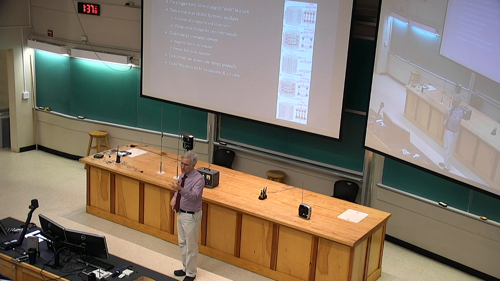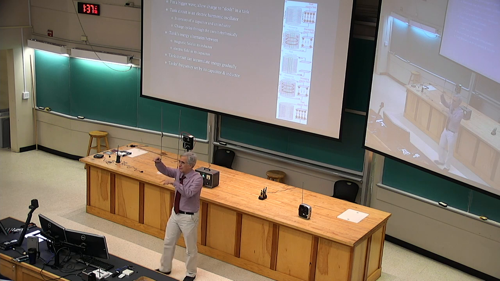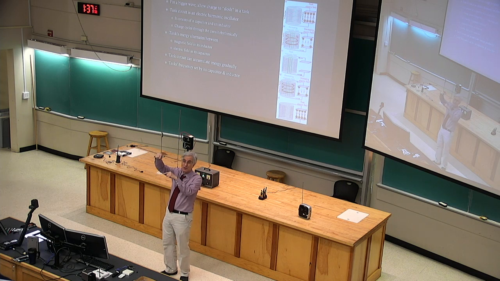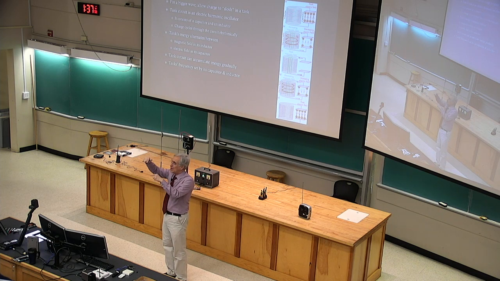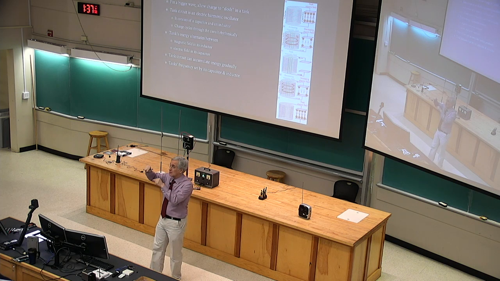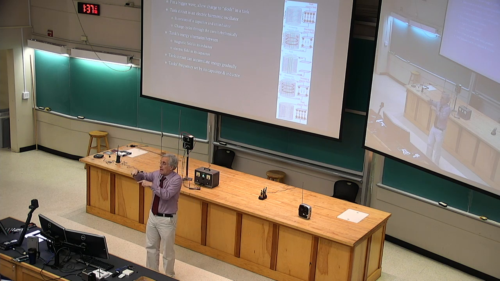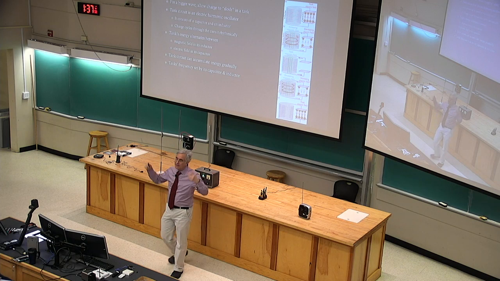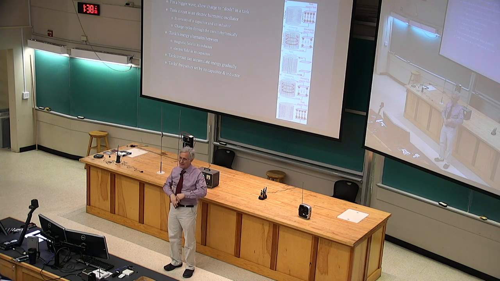I told you that the inductor has the behavior that it fights changes in current. A capacitor has the behavior that it fights changes in voltage. The two surfaces have different voltage according to how much charge they have on them. The one that's positively charged naturally has a higher voltage than the one that's negatively charged. And if you try to change the voltage between them, that's tough because you're going to have to change the amount of charges on those two surfaces to change their relative voltage. You can't just say, okay, I'm going to make you twice the voltage. No, you have to put on twice as much charge on it. So the capacitor fights changes in voltage. The inductor fights changes in current.